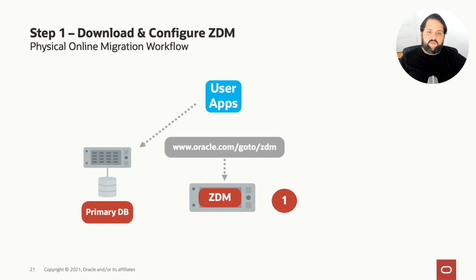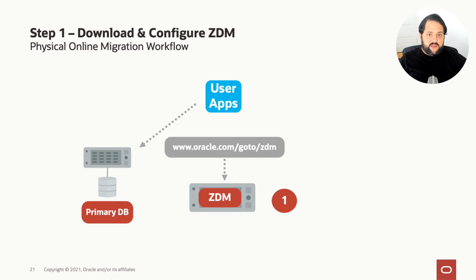You will then configure it, be sure that everything is in place, that connectivity works and everything is fine between source, target, backup location, etc. And then pre-fill a response file, as I mentioned, with the following information: migration methodology, physical online, backup location information, source database information, target database information, and any fine-tuning that you might want to do, because there's the possibility of setting certain configuration parameters at the response file level. Then you issue the ZDM CLI, the command line interface that we offer, migrate database command, pointing to the specific response file and with certain authentication information.